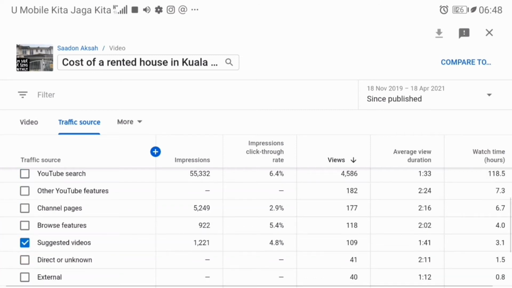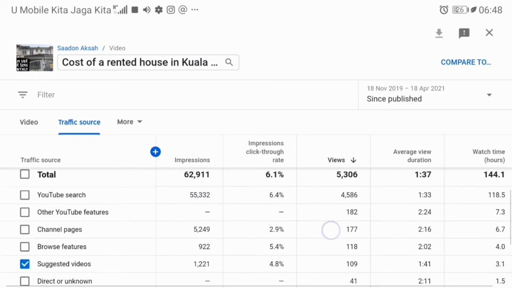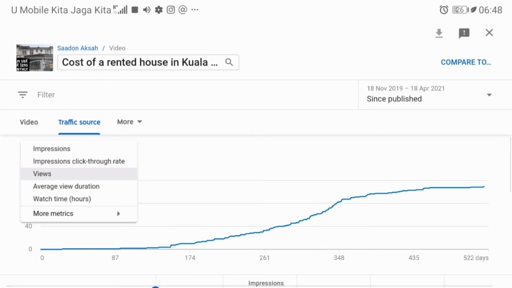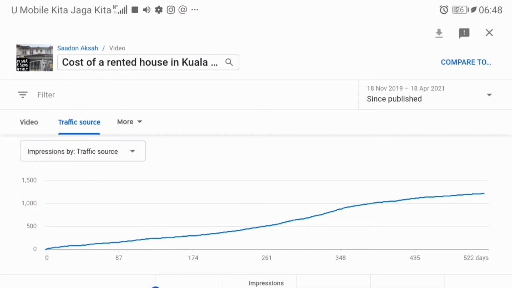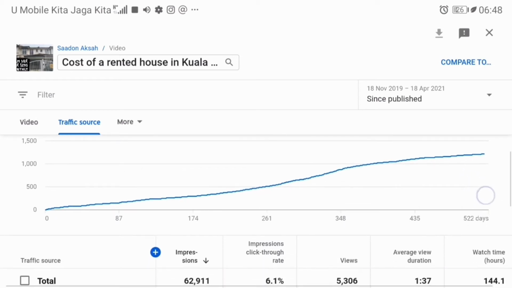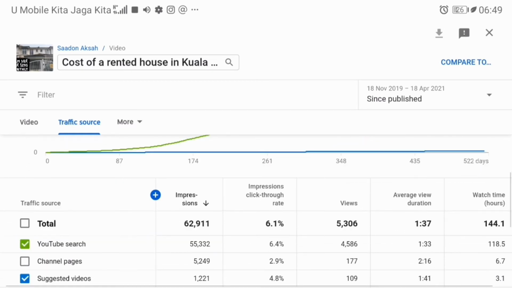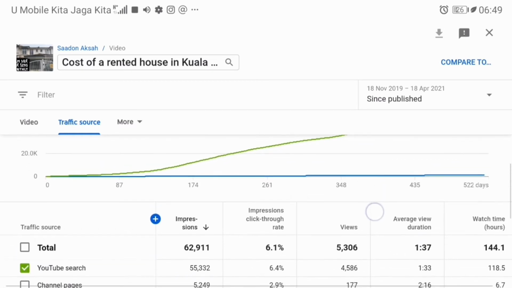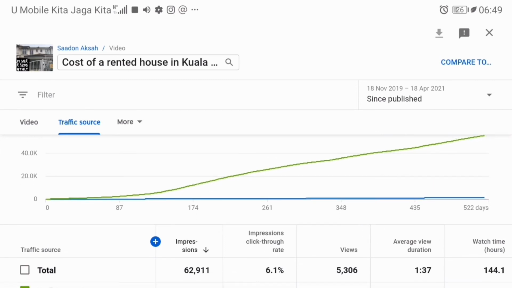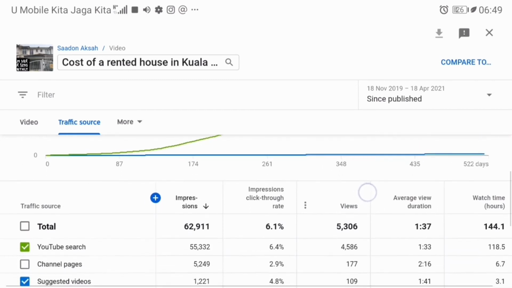So again, is this a good CTR for YouTube to keep giving my video an impression as a suggested video? Again, we can check the suggested videos box to see the impression of the video for the suggested feature. And then we need to change this to impressions. And here we can see that the graph is still going up, but the slope is less steep compared to the YouTube search impressions in green. So we can conclude here that the CTR could be just so-so, and that the suggested algorithm wasn't really pushing